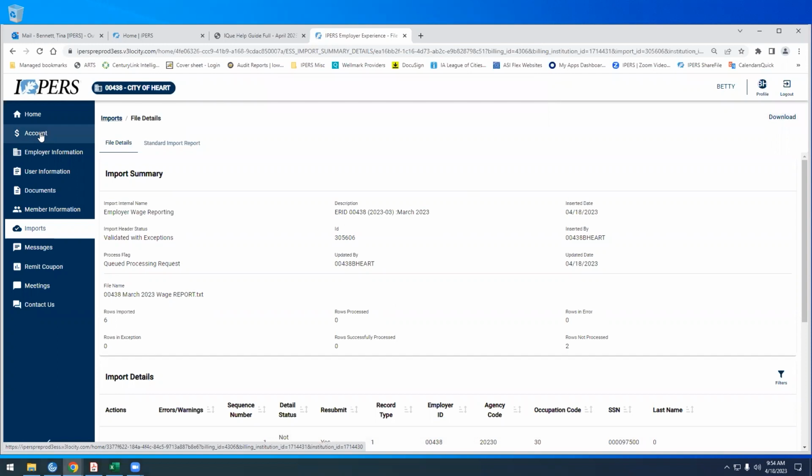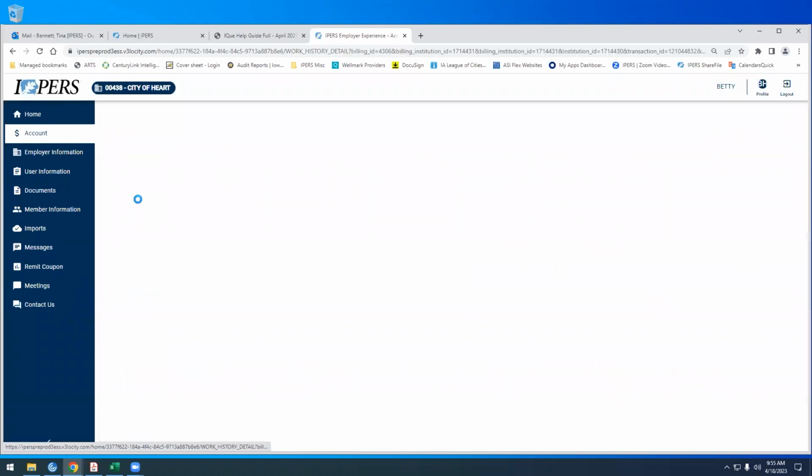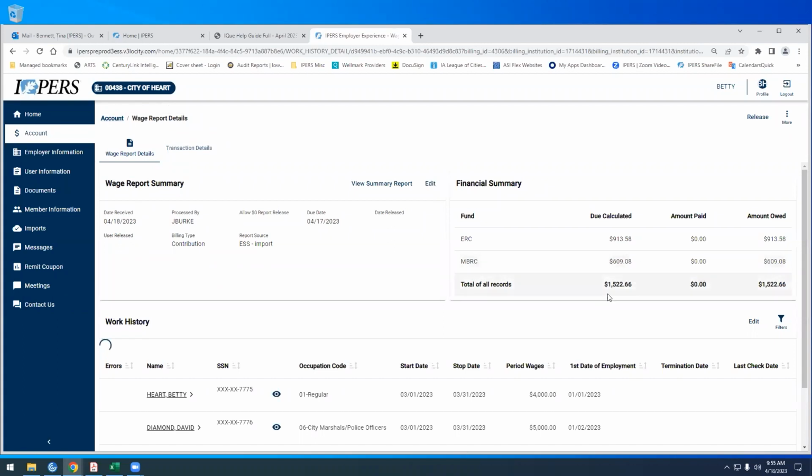So we've given it a little bit of time. It still says that the process flag is queued, so it may not be over here yet, but we're going to go over to the account screen. And as you can see, the amount that we owe is listed here in the March report, and that is correct. As long as that amount is correct, we can click on the transaction number. Once again, we verify that this is what our check should be within a few cents,